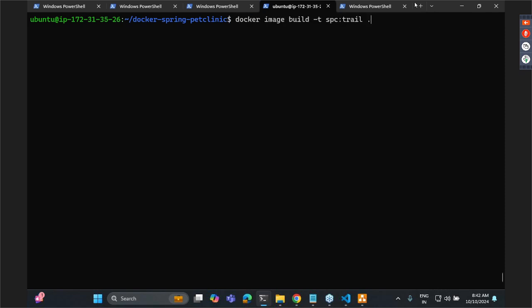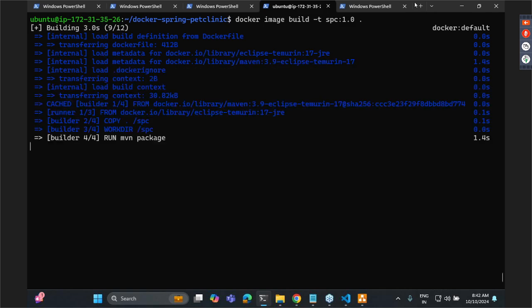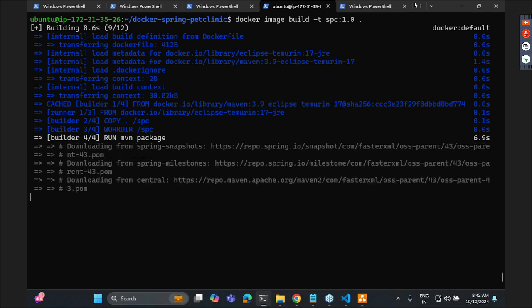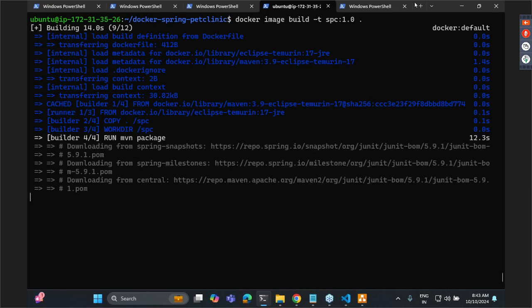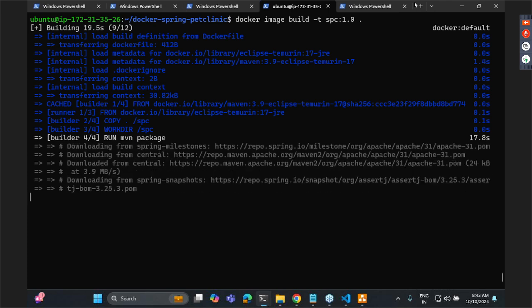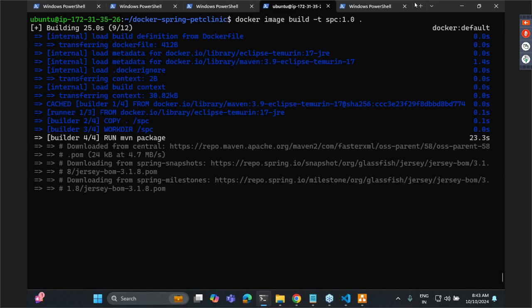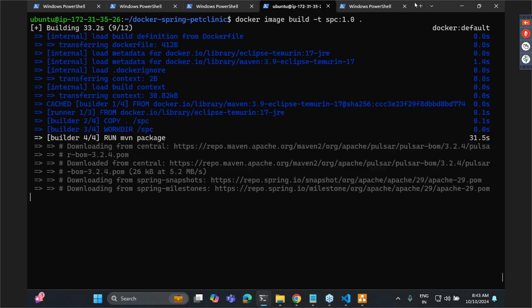Now, docker image build, let me try to use SPC 1 dot. Now, will it not build the code? Yes, it will build the code. But that is a builder stage. And once it builds, it copies that into your runner stage. Now, every time you are not downloading a jar file from some hypothetical location, every time you are building the code and then you are getting that exact jar file. Yeah? Right. This should be the standard of the Docker file which we should be writing, and this is what would be